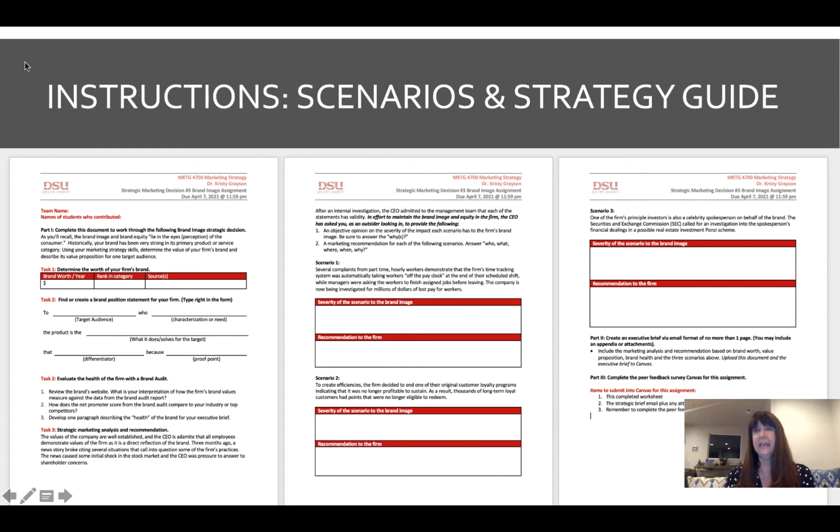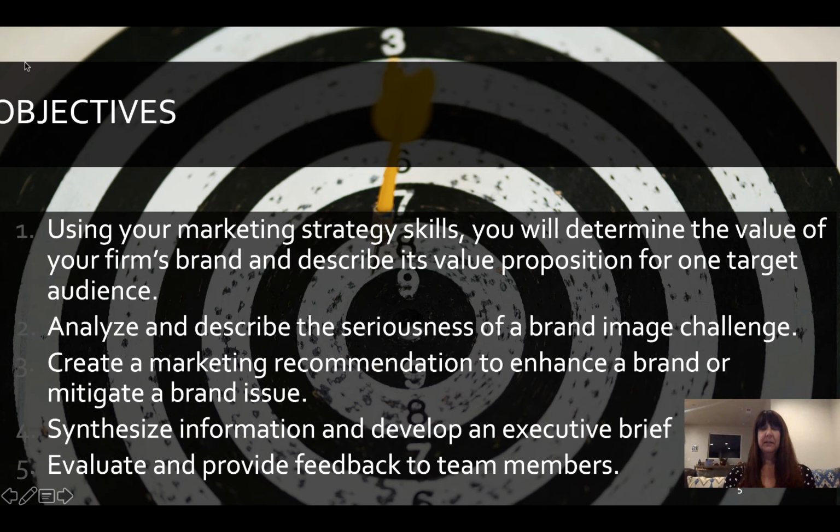So if you go into Canvas and you go into your third decision, your assignment number 3, you're going to find some instructions. And I have a workbook set up for you so you can do your thinking right within this document with your team and try to strategize around what we call brand identity. So you're going to find in there this worksheet as well as some instructions. So I look forward to having you follow that.